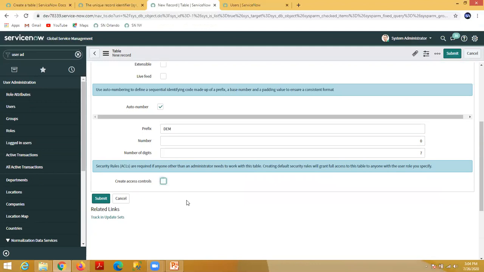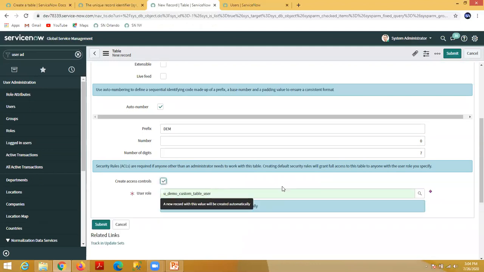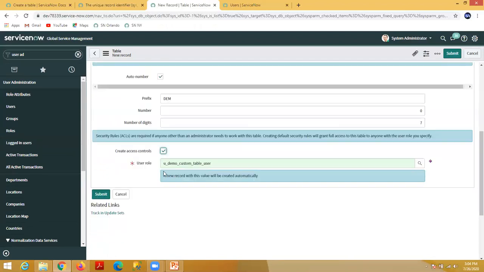If you check this, the system will automatically create 4 ACLs here, for read, write and delete operations. I don't want to create any ACLs, and we will also discuss ACL in detail; that time we will also cover this thing.